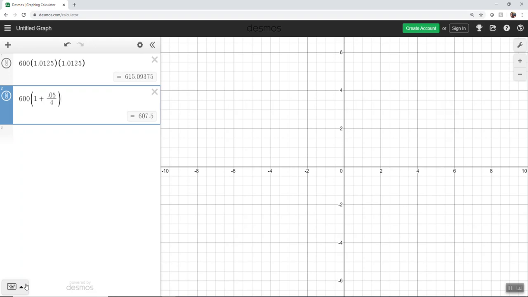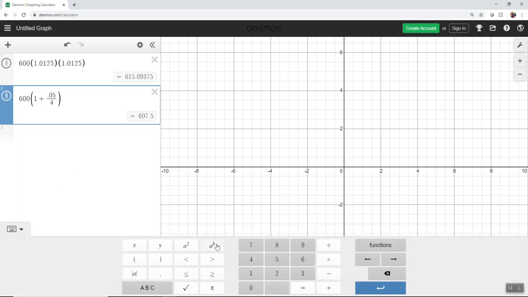Now, if you are still using your cell phone and are not on a laptop, to get that exponent, you need to do A to the B, and then you need to put parentheses to ensure that the calculator does 4 times 10. If you don't do that, it'll raise it to the 4th power and then multiply the entire result by 10. So notice our new amount is